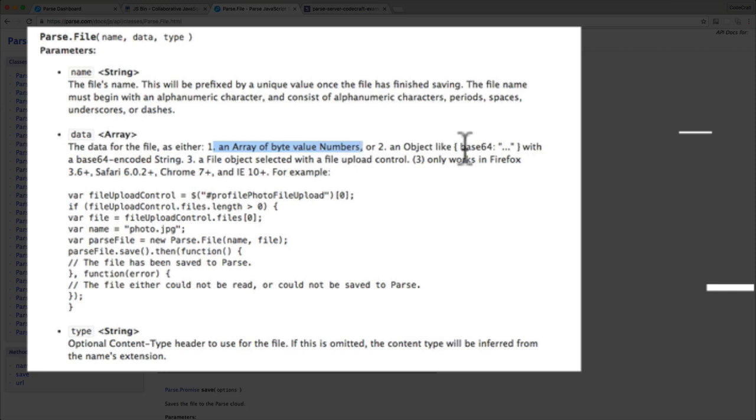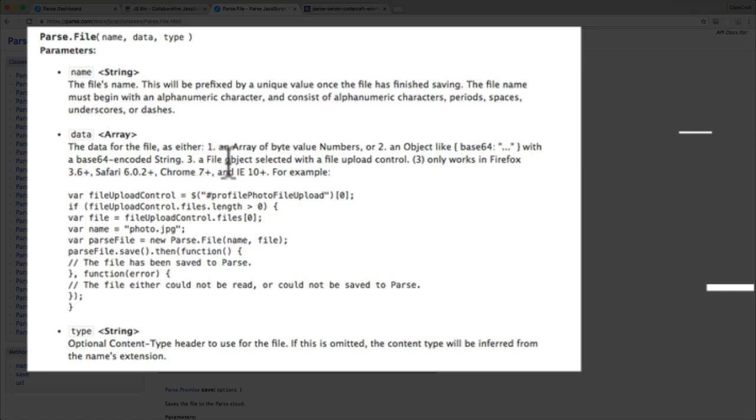The second way you can pass in data is with something called a base64 encoded string. So if you're working perhaps with iOS or Android or some other device, the camera function on there might return you data in something called a base64 encoded string, which is just a way of encoding binary data in a string. If you've got this format for your file, then again you can just pass in an object with the key base64 and the value your base64 encoded string, and the parse file will then create a file based off of that base64 data. And the third method, which is the method I'm going to show you in this lecture,